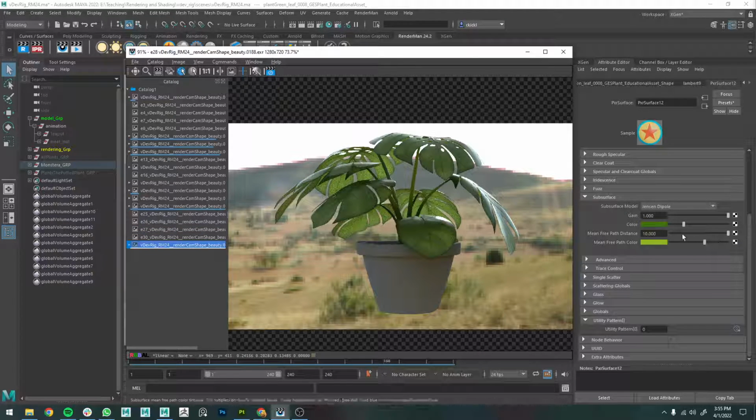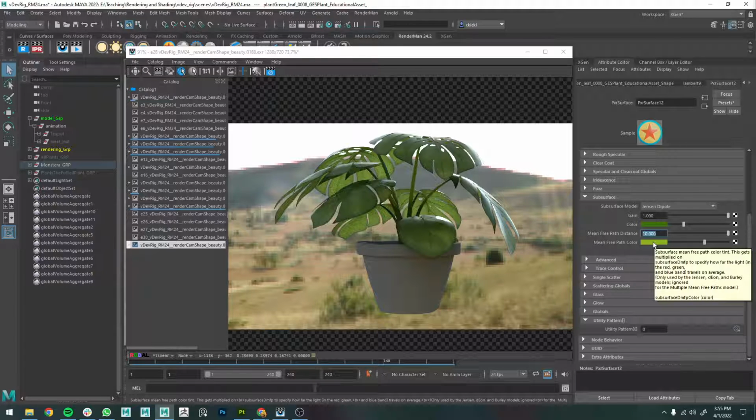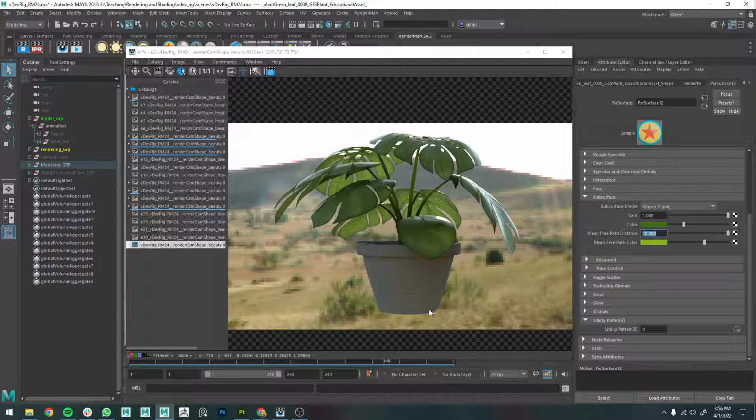Okay, all right, so here, this mean free path distance is how far light travels through our object. So if I have it at 10, that's pretty much maxed out. I mean, you can go higher than 10. But this number is sort of arbitrary, because what it's really based on is the size of your object compared to the unit length, or essentially the scale settings inside of